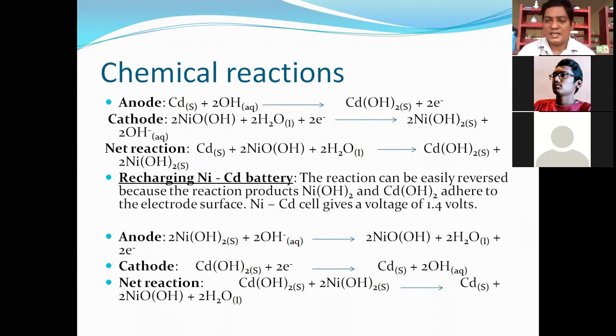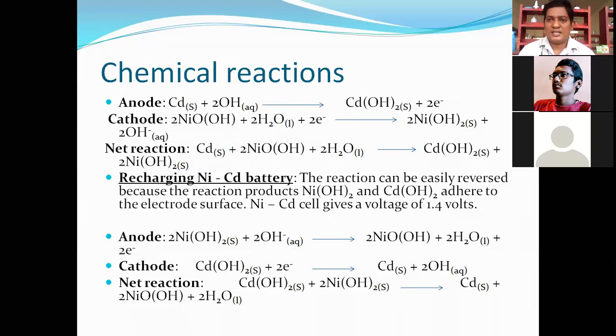The Leclanche cell's electrolyte is ammonium chloride. Ammonium chloride gives rise to NH3 as well as HCl. The H plus donor is an acid. So the Leclanche cell has an acidic electrolytic medium. If any battery has an acidic electrolytic medium, it may have a shorter lifetime. Remember this point.